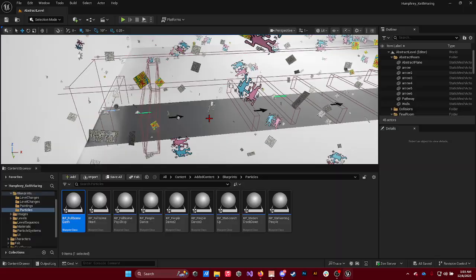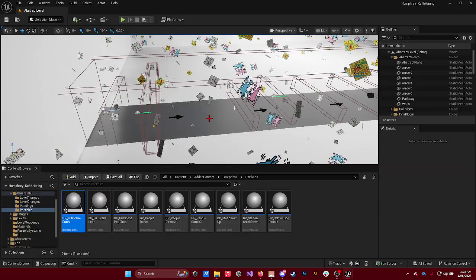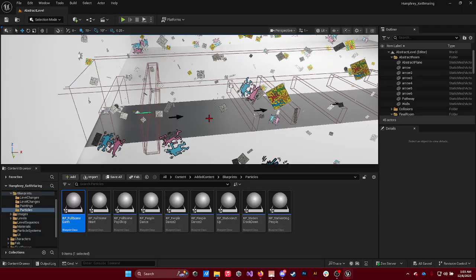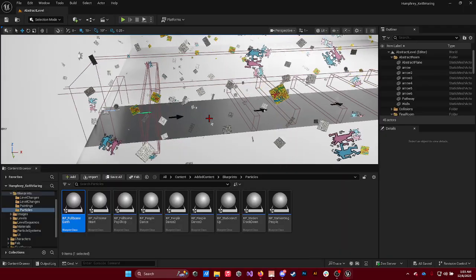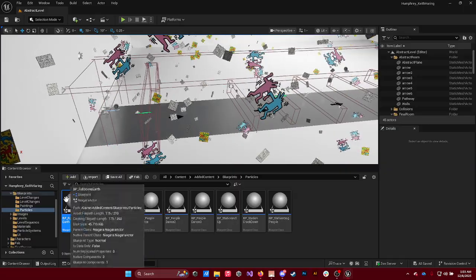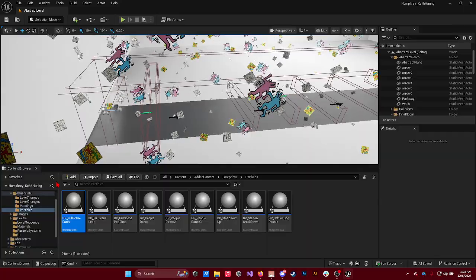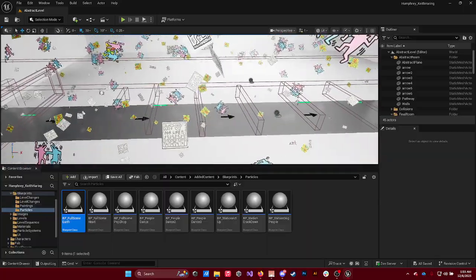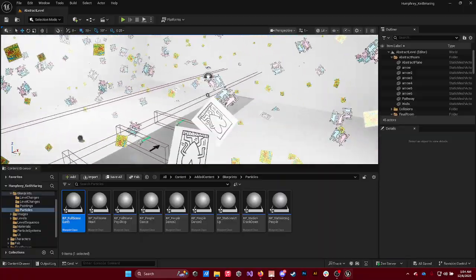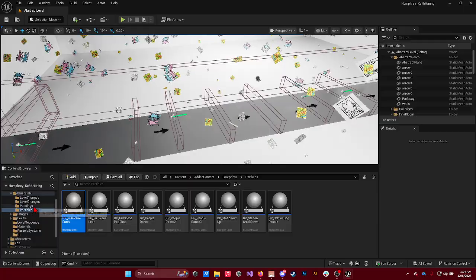Similar to how the spray paint works, or how the paintings work for the subway station, it basically just gets rid of the box so that you don't have to worry about it. So that's how all of these particle systems work, and they're all a little bit different. They all have different little functions. I'll do a small little walkthrough of them. But before that,